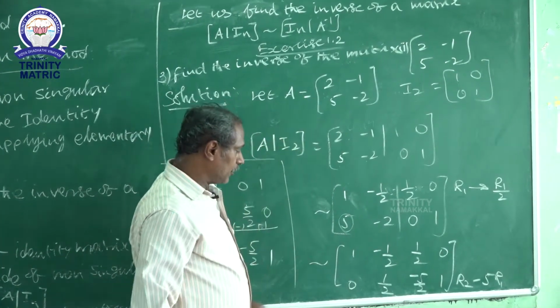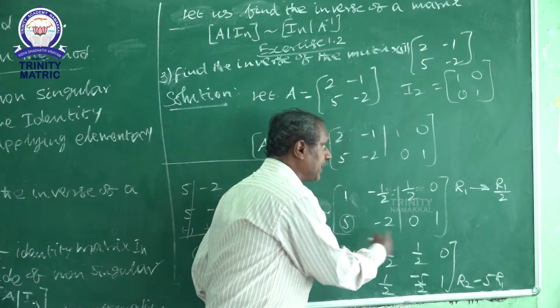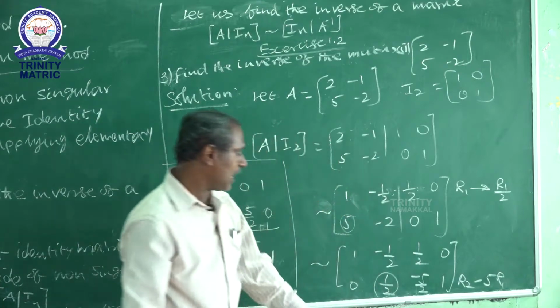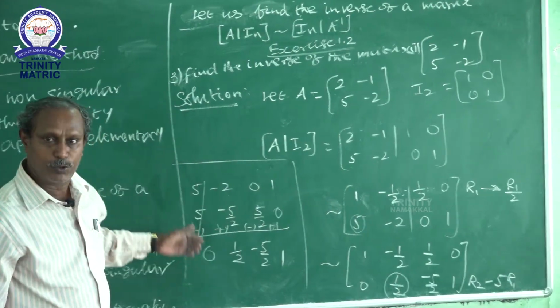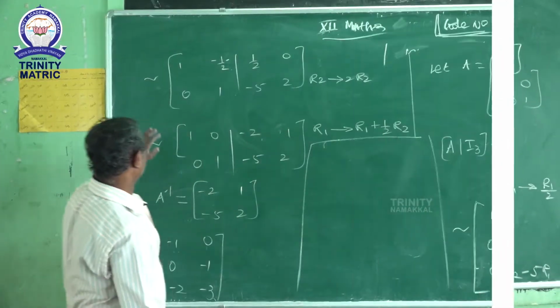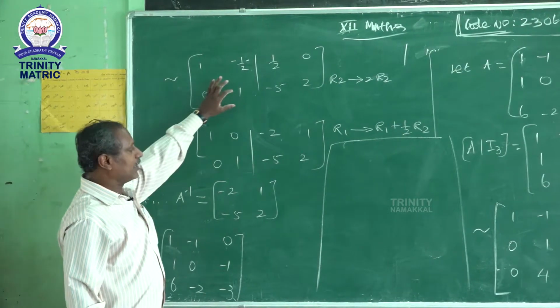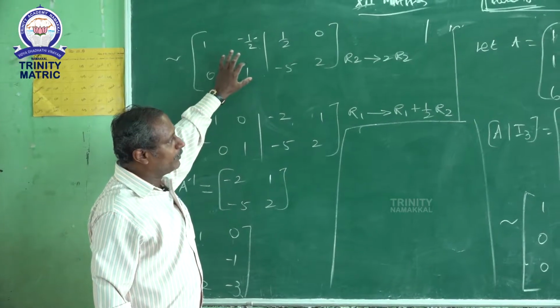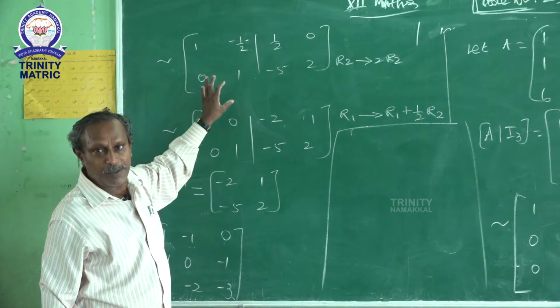identity matrix we want, that is we focus on the second row, second element should be 1. So we want to make this element 1. So we move on to the next step, because in the previous step we had 1 by 2. So 1 by 2 we want to become 1, means 1 by 2 is multiplied by 2, we will get